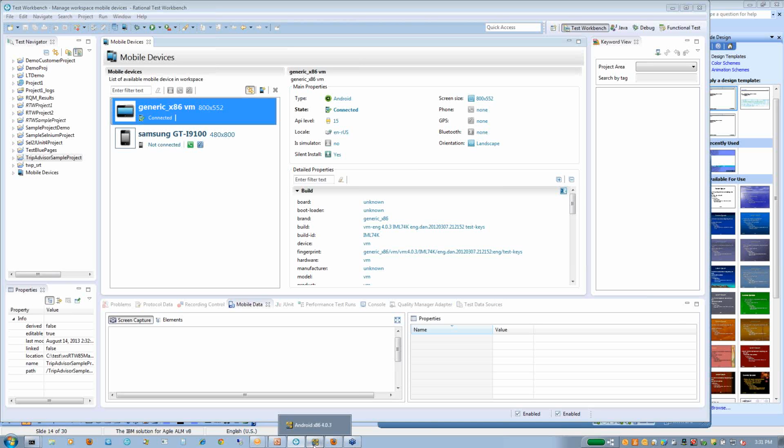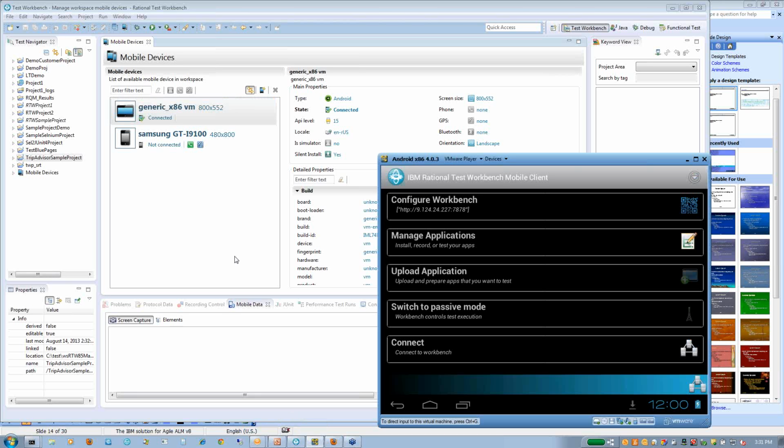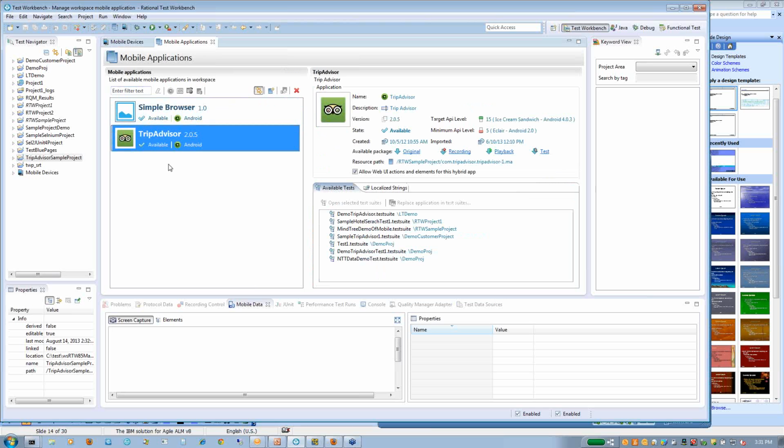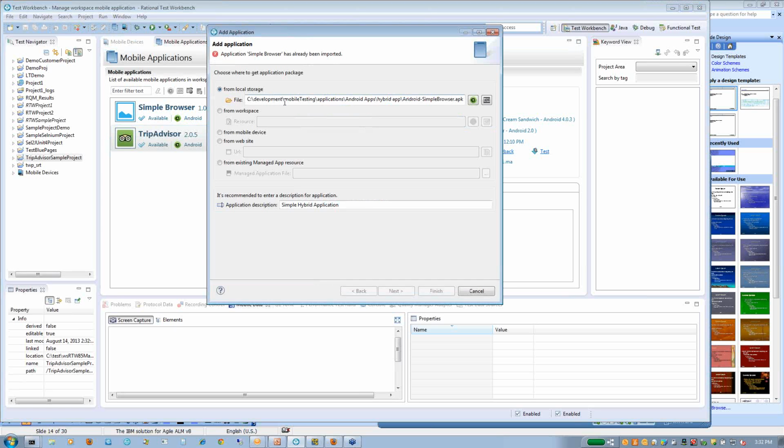Now that the device is connected, before going back to your mobile client, let's see how we can configure your application. Now that you have a device and a Workbench, and an application that you want to test, you go to the toolbar icon that says display available application. When you click on it, you see some applications already available, or maybe I added that one, but you have another application you want to add. What you do is click on add application list,